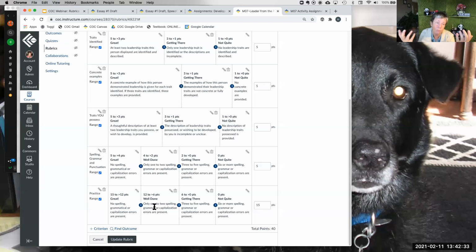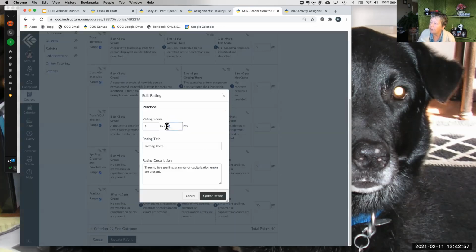So that's one way I really like range, because I can be flexible in what I'm giving them, but I don't have to do all of the work. And so setting it up, the best thing to do is to put your endpoints first. Yes. And so my endpoint, I might want to have a range. So I could change this to be from 6 to 2 points.